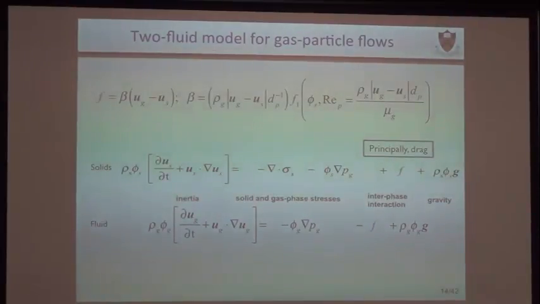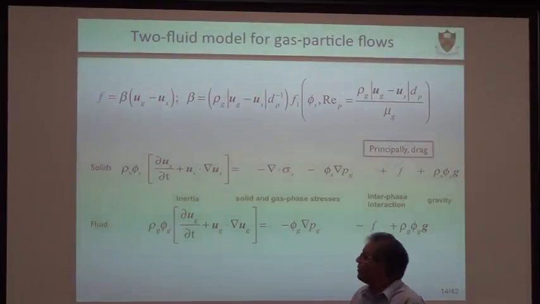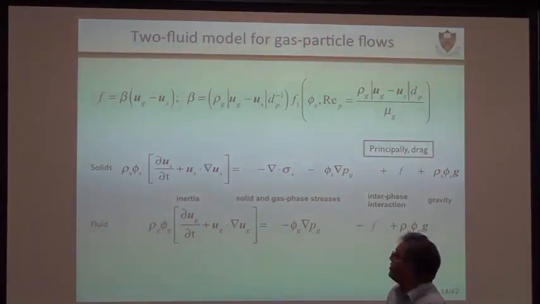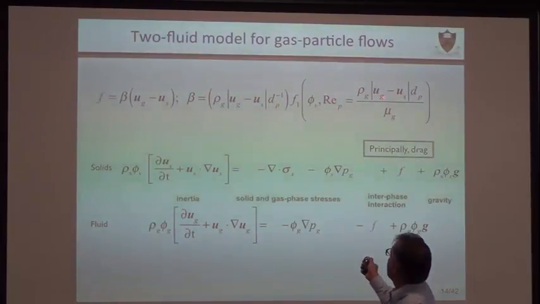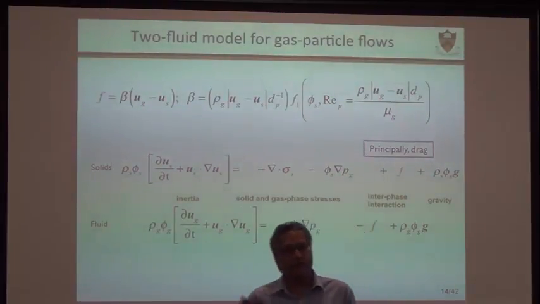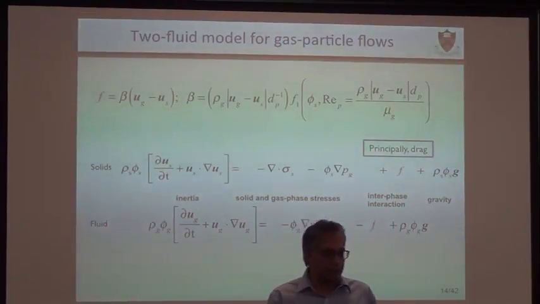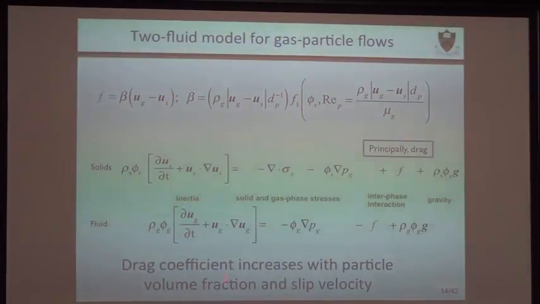And the thing that we need to know about the drag force is that it depends upon the relative velocity between the gas and the particles, and some multiplicative constant called the drag coefficient. That depends upon the Reynolds number at the particle scale, defined here, and then it depends upon how many particles there are. This is the textbook thing people developed 50 years ago, and it has been refined, but the basic framework is already there. So we know this stuff. The drag coefficient is simply a function. So we have a reasonable handle on this term.